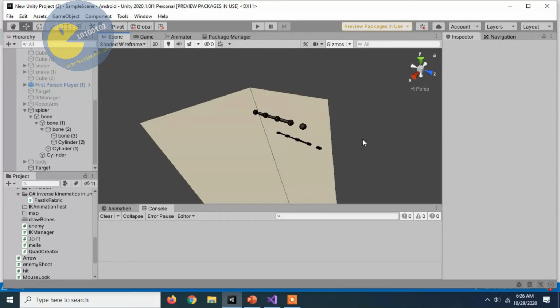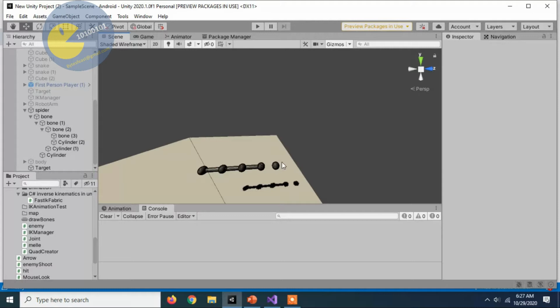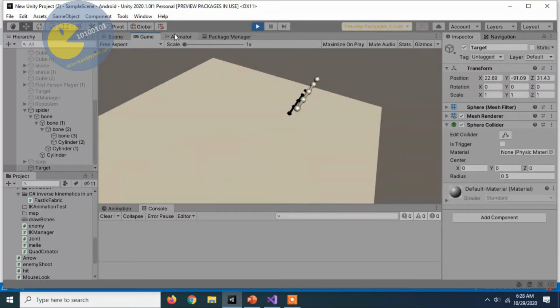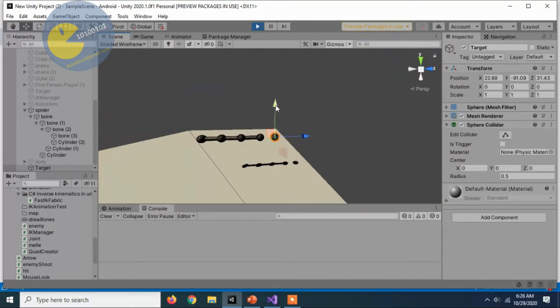So, as you know, we were attaching the inverse kinematics to this spider leg. In the last video, we achieved the movement of the leg when the distance of the target is greater than the length of the leg. If I hit the play button and go to the scene mode, and move my target from here to there and up and down,